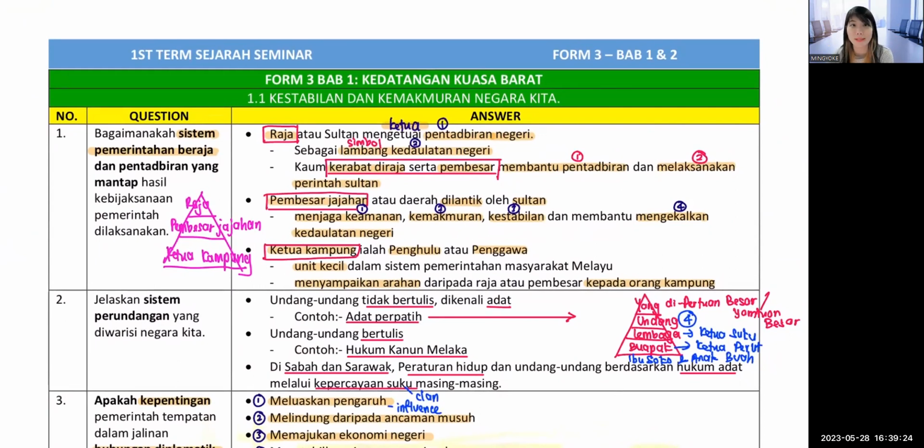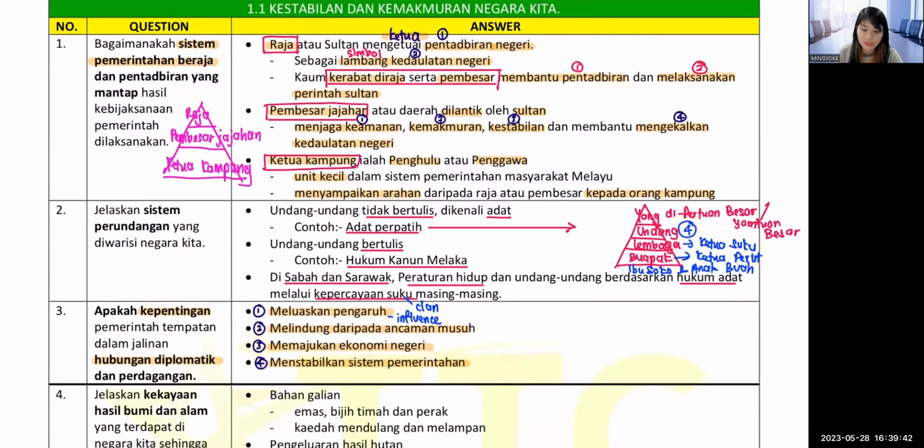So the first one we're going to cover is chapter 1 and 2 today. So chapter 1 in this case, first of all, 1.1, we need to talk about when British came in. Before British came in, our country was stable and prosperous. So stable is because we have a sistem pemerintahan beraja. So in question,